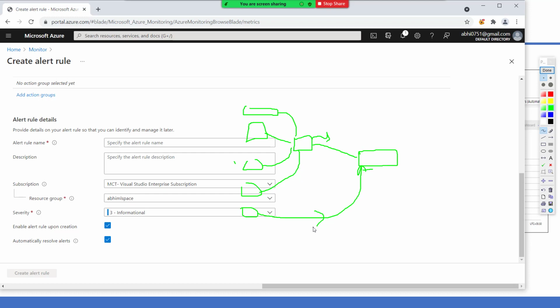Once I received this JSON in this Azure function, I wrote the parsing of that JSON so that I can retrieve the name of the resource which generated this error, in which resource group, in which Azure subscription. You got my point, right?